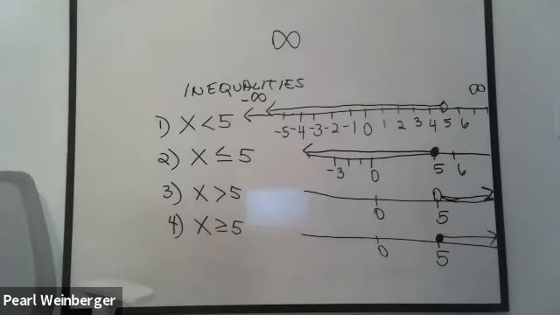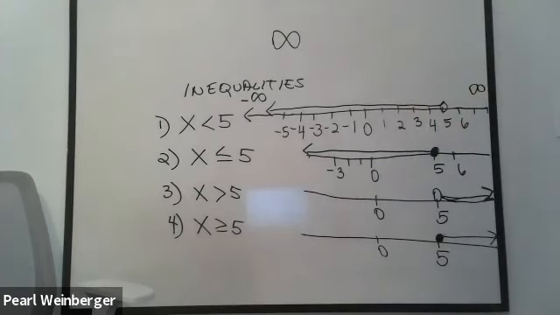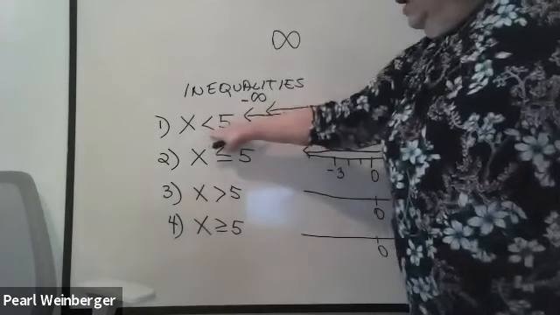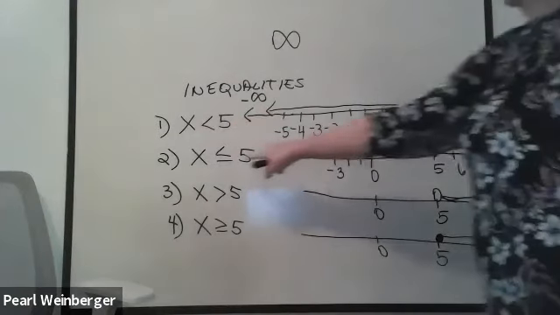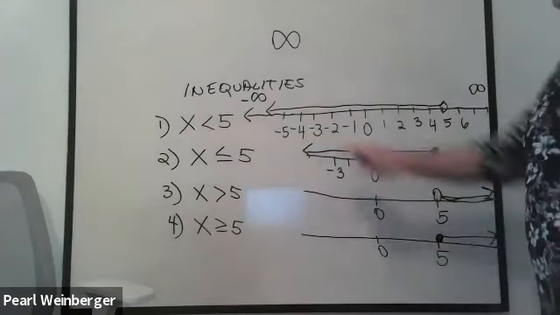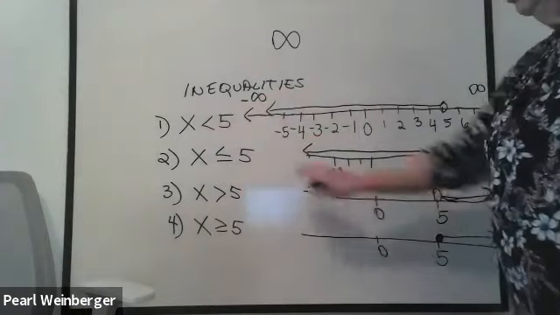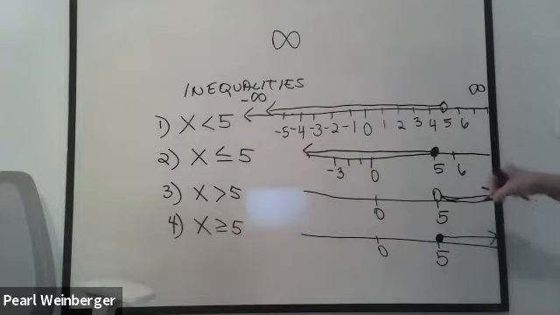Very often, we are asked not only to solve an inequality, but to graph it on a number line. Once we have our answer, we have to put the arrows going in the right directions. Remember, when there's no extra line, which means there's no equal, we make an open circle. When we have this extra line, we fill in the circle. That's the difference between a less than or equal to, or a greater than or equal to, just whether you fill in the circle or not.